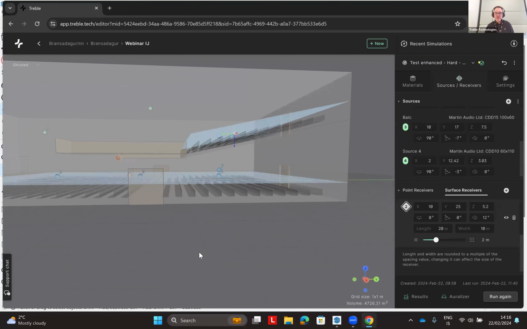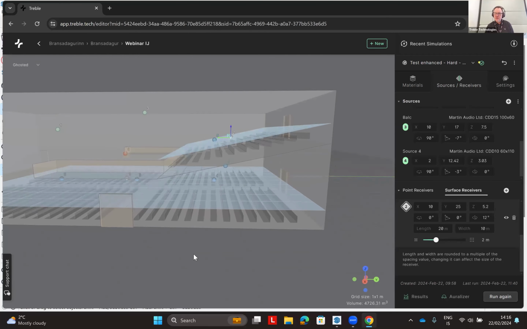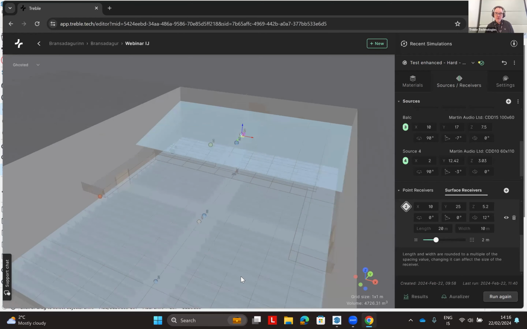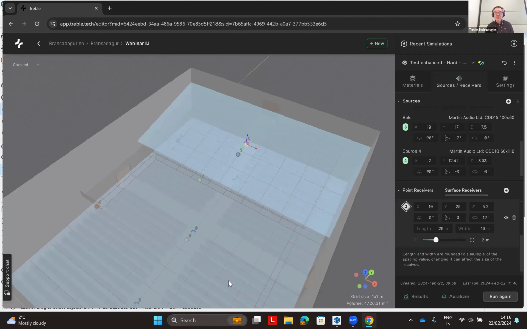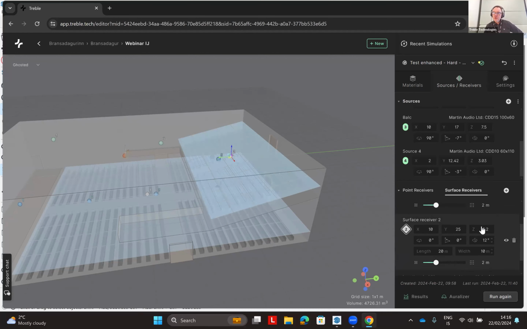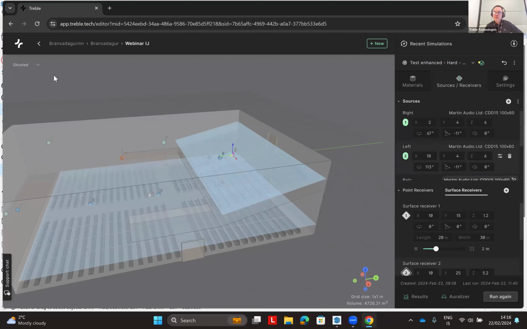Like in this balcony, we can see it's at the same height from all the seats, should be at 1.2 meters for a sitting audience, and just laying all over the balcony area. We can turn them on and off, just the visibility, if they are blocking the sight of something or some other things that we are doing. Same goes for the